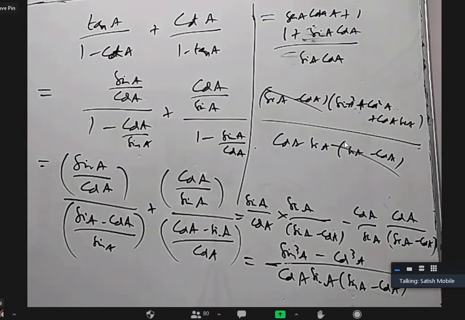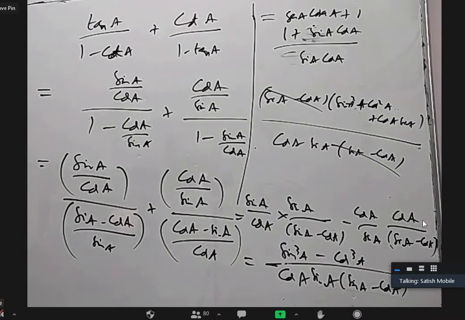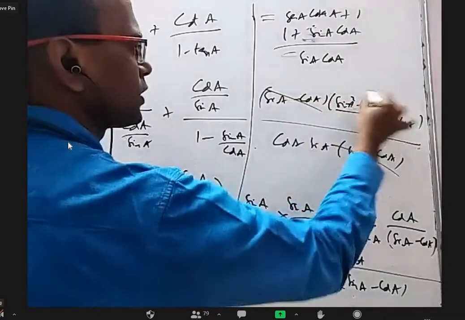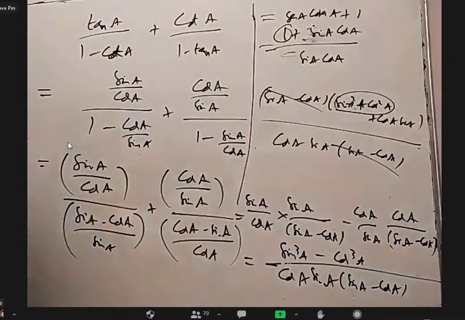It is just, these questions for me, there's not much to teach. You try it. If you don't get an idea, I'll just tell how to take LCM or which formula to be used. Any doubt in any part of this solution? Sir, here 1 plus sin cos A, how, sir? Sin square A plus cos square A is 1. This one is 1. That's how I got this one.